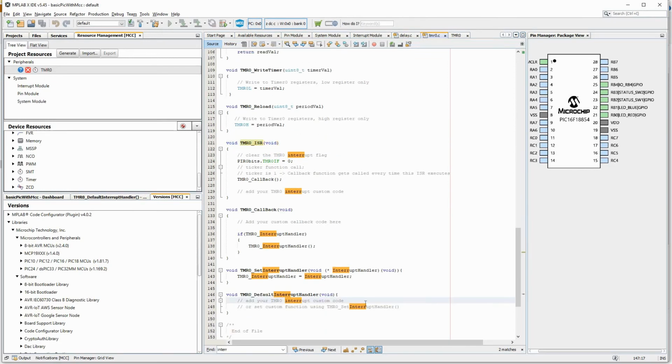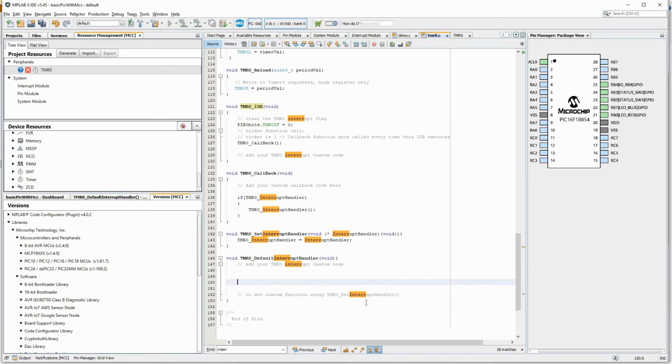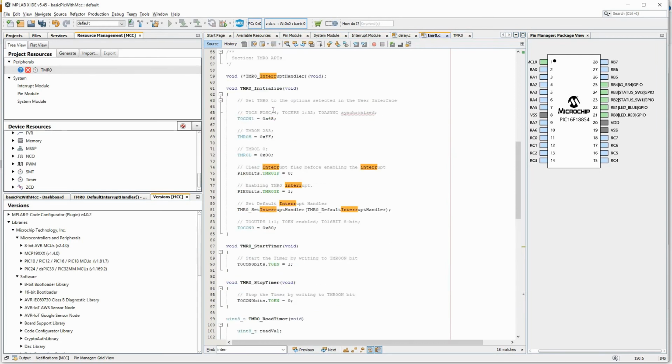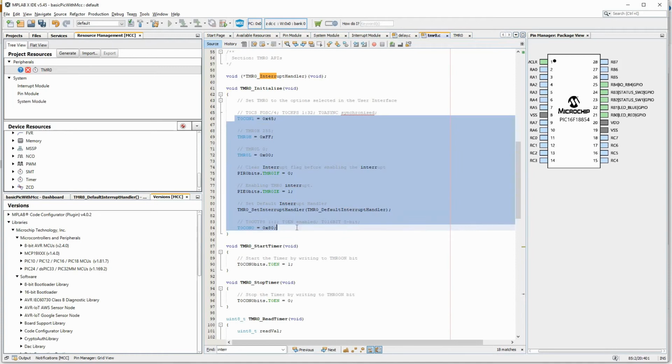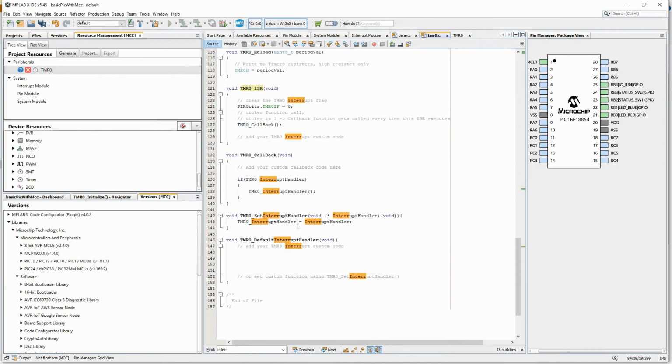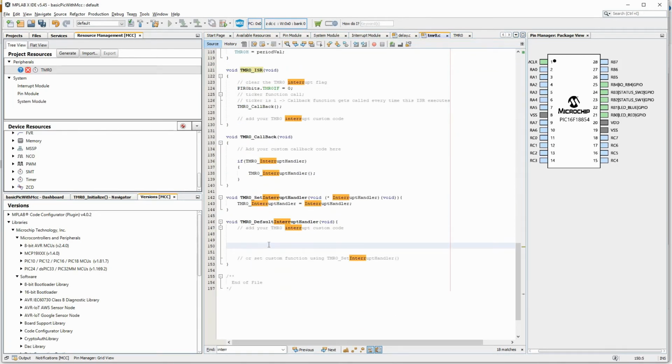So add your timer 0 interrupt code. This is the point where you have to add your code. So make sure that you don't add anywhere else. Okay, now so we did a lot of things. All these things we had manually configured there. Now it is doing it here. So first thing I'll do here is, interrupt clear also they have already done, so I don't even have to do the interrupt clear.